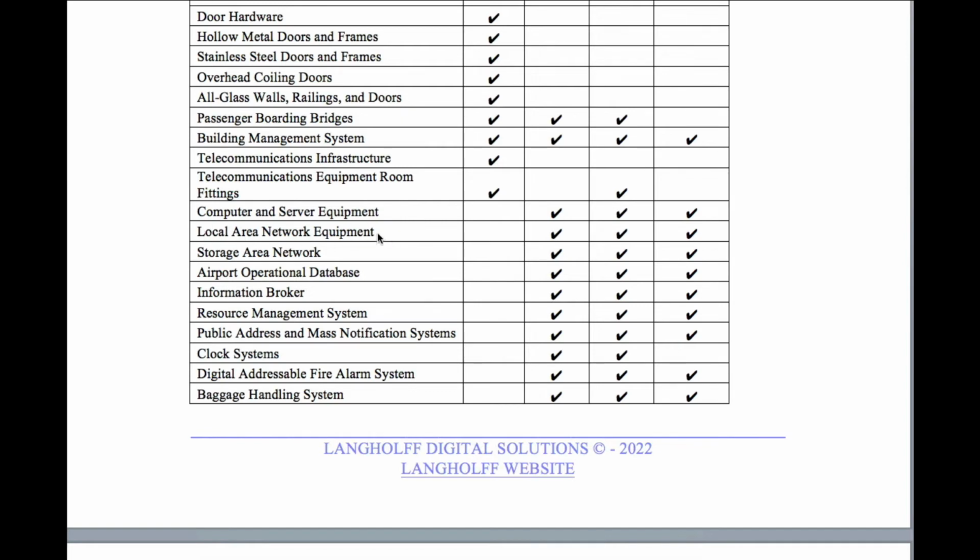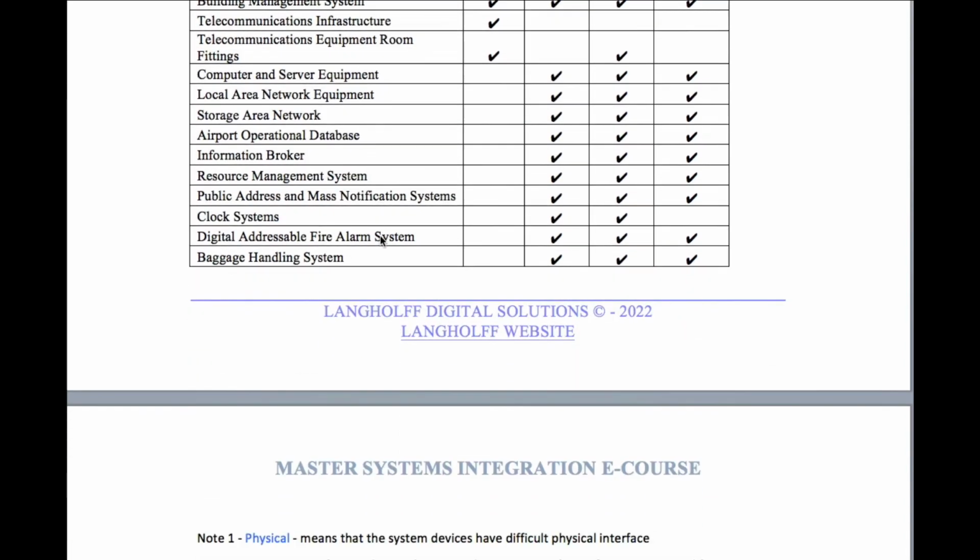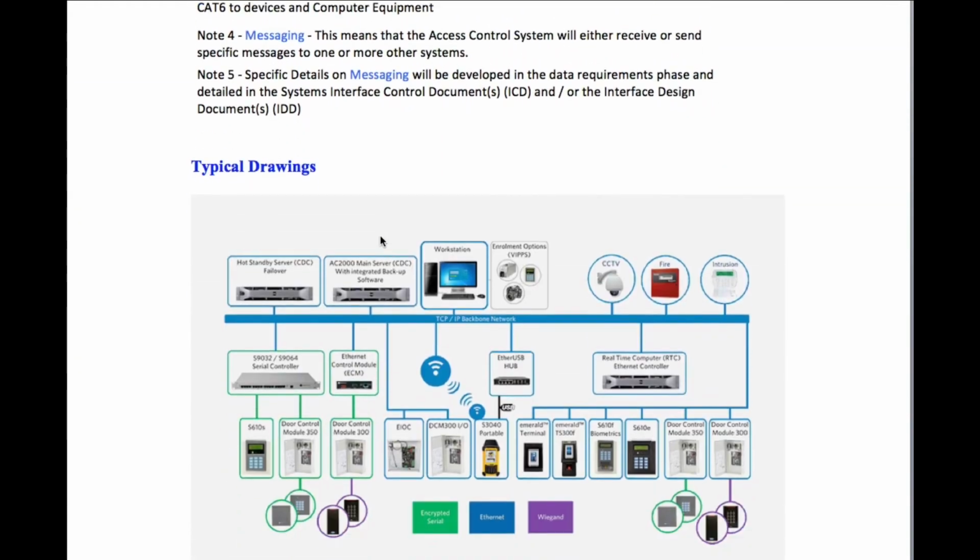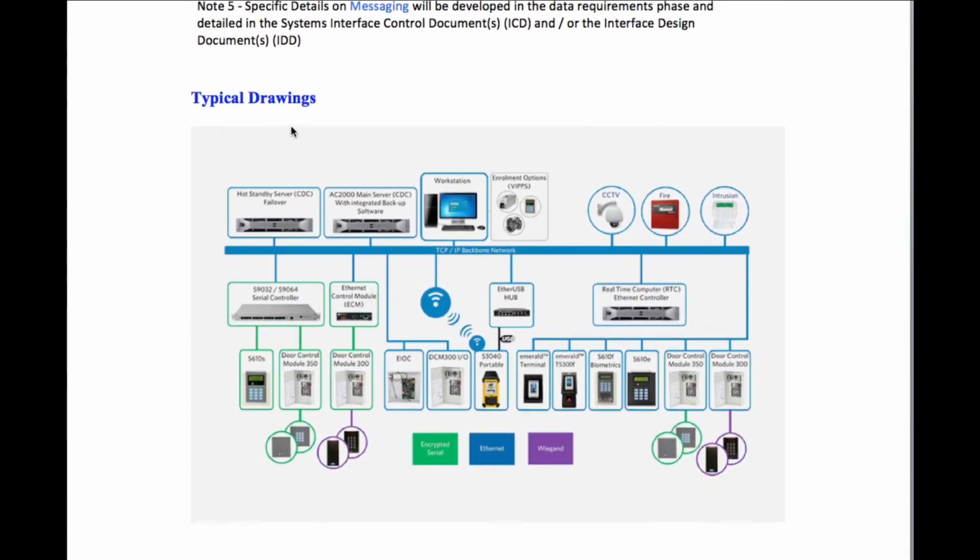Okay, so it's very important to include whatever you can, which means that when you're looking at your interfaces, have a look at your typical drawing that you would have for your access control system from whatever vendor you select, and look for those various elements so you can define very clearly where the access control person's scope of work starts and ends, and where other contractors' start and end.